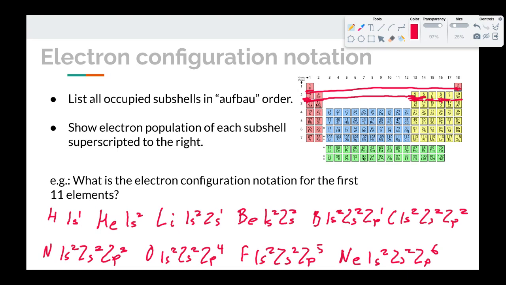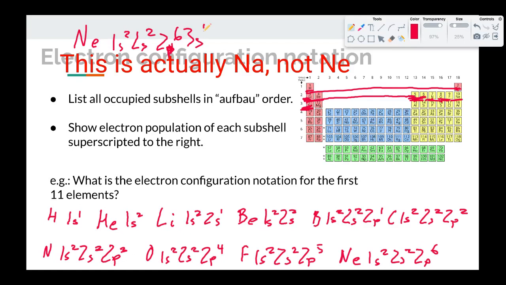Now we're starting over. Go up to 11. This is our last one that we have to do. Sodium: 1s2, 2s2, 2p6. That gets us all the way through the second period, and then we're starting the third period with 3s, population 1. And if we add the electrons up, 1 and 6 is 7, and 2 is 9, and 2 is 11. That's the number of electrons in sodium. And then you can just keep up with this pattern.